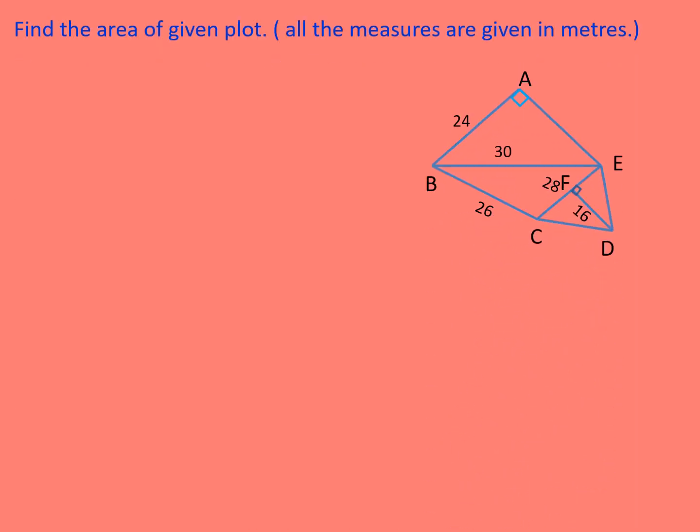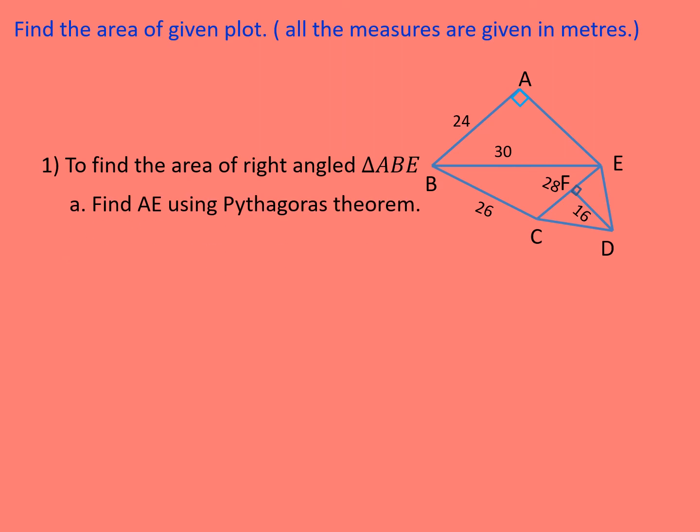One more sum is given to you. The diagram you can observe there, and all the information is given in that diagram. Also you have to be careful that if you take the triangle CDE, in that CE is the base which is 28, and the height is given as 16. So first we have to find out the area of triangle ABE. For that I need AE, which I will find out by using Pythagoras, and then I will use the normal formula for